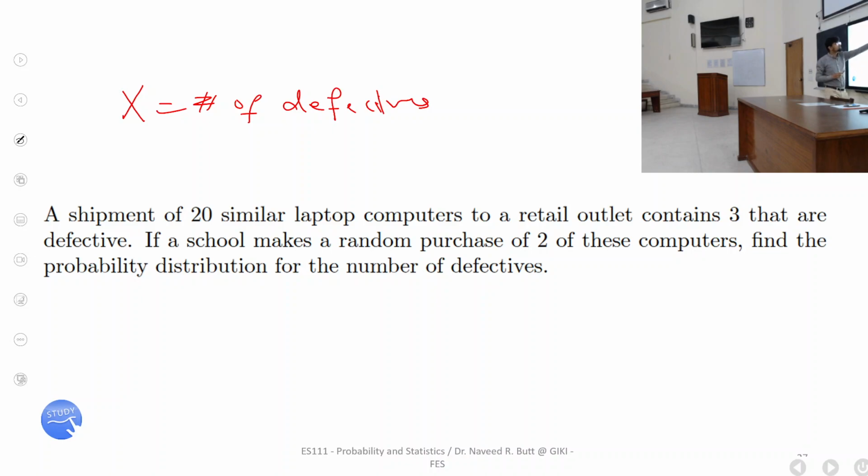हम बाकी जुमला छोड़ देते हैं अक्सर. Yeah, that doesn't mean number of defectives in any way. It's saying number of defectives given that this setup is accepted. Yeah, what is it saying? That you randomly purchase 2 of those. Yeah, and you know that the shipment had 3 that are defective. Okay, so